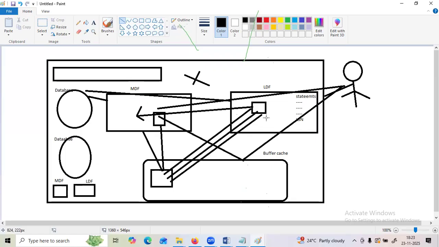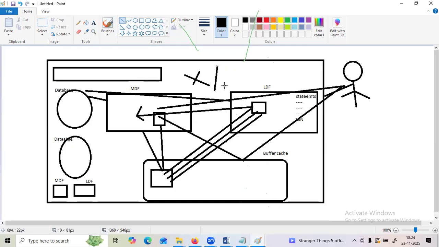Okay, so the simple definition of WAL is that the transactions are recorded into the LDF before going to the data file. This concept we can call a WAL. And here two things are involved. Why? Because who is going to move the data from LDF to MDF? Once the transaction is committed here, who is moving the data from LDF to MDF? The data will be moved by the